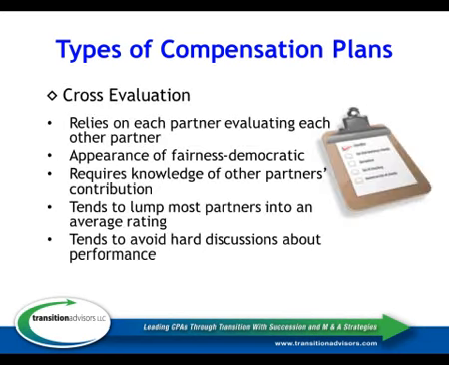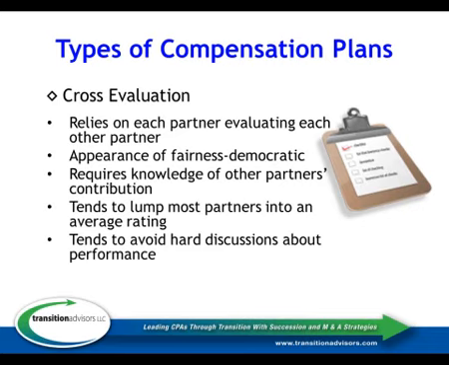Usually when we move away from a strictly formula approach, we're trying to move into a more subjective evaluation. The problem many firms have is, well, who's going to do the evaluation? So it's not uncommon for a firm to use a cross-evaluation system where the partners evaluate each other. We'll come up with a list of criteria for what we think is important, and everybody will evaluate everybody else, and we'll throw all that information into a pool and see how it comes out. That tends to work well for a while.